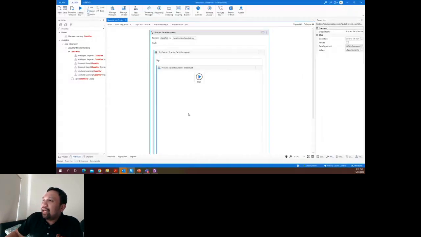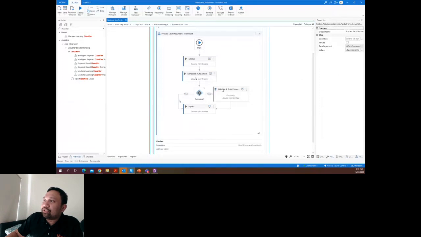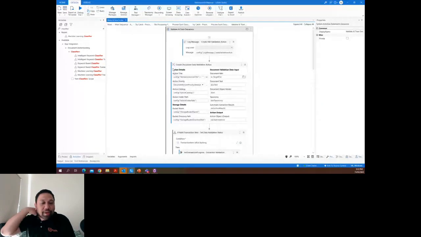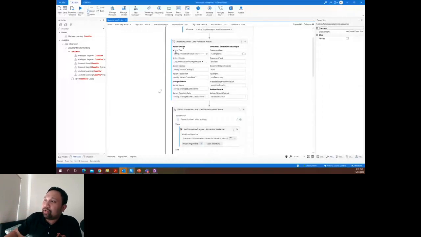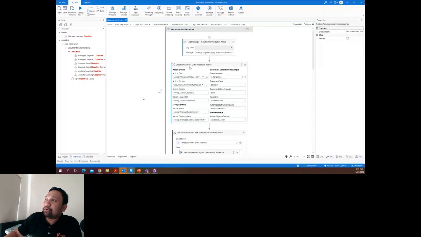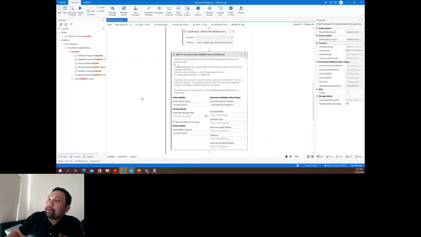So after you've done the extraction, similarly, you also have the validate and train extractor. So if you need to further validate and identify whether the extraction is according to the confidence that you have considered, then this is where you'll also have create document data validation action, which will show up the validation station, and then you also have the wait for document data validation action and issue,